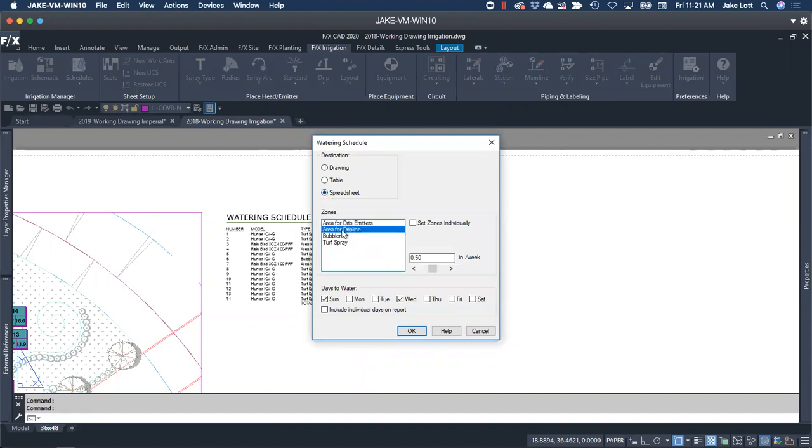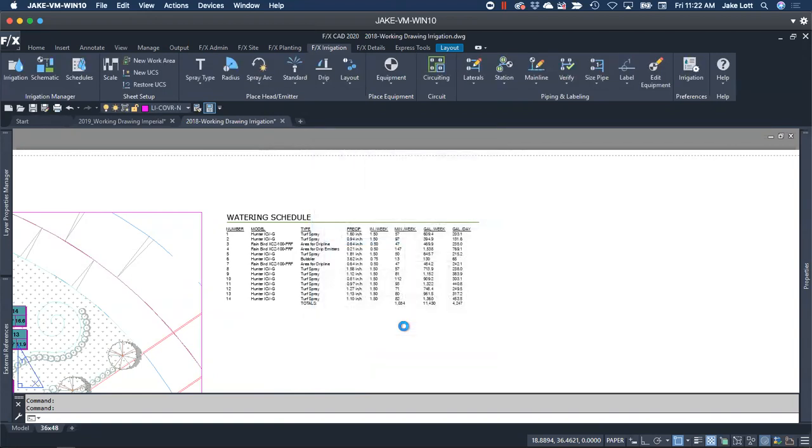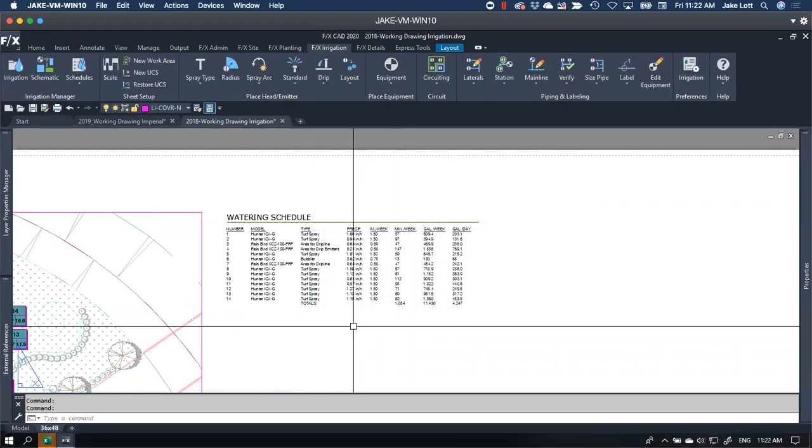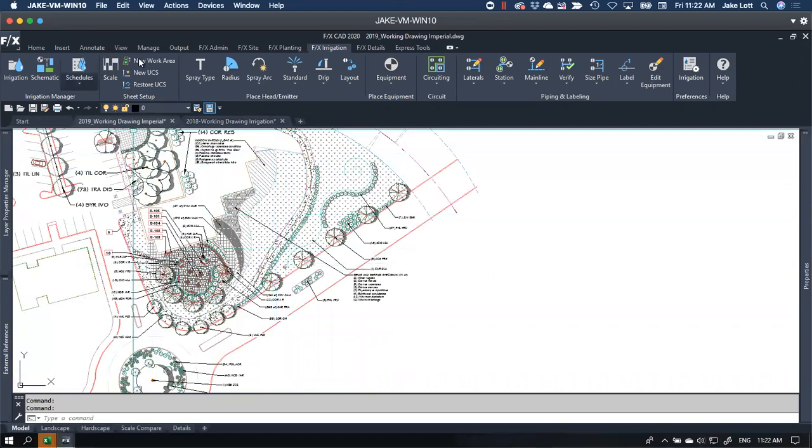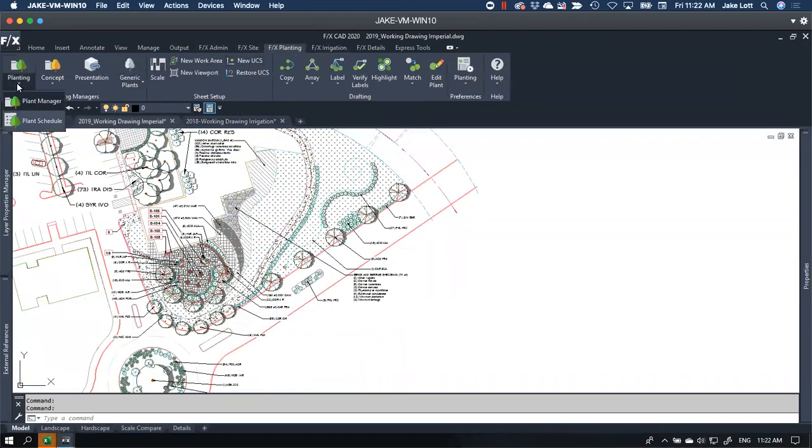I've already set up some generic, general-termed stuff for my spreadsheet so we can work with it here. So I'm just going to send that over to a spreadsheet, and I'm also going to send a plant schedule.